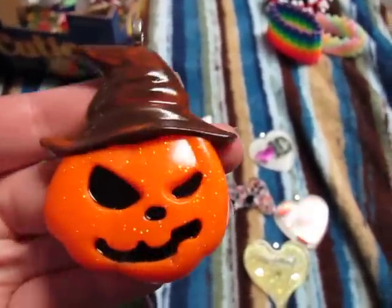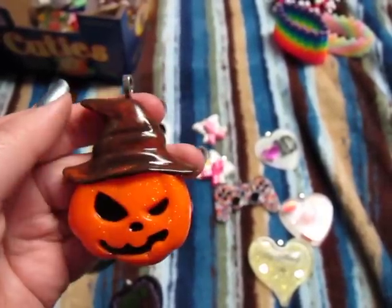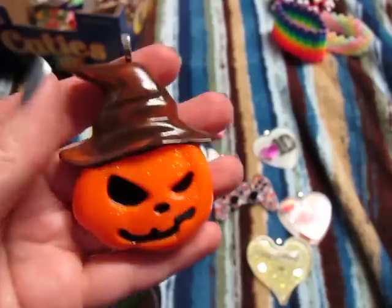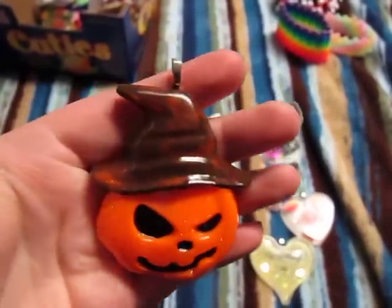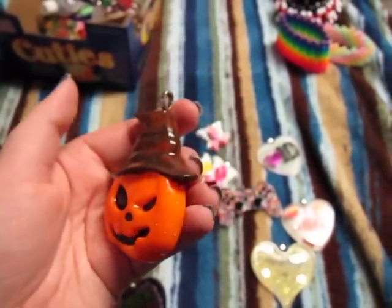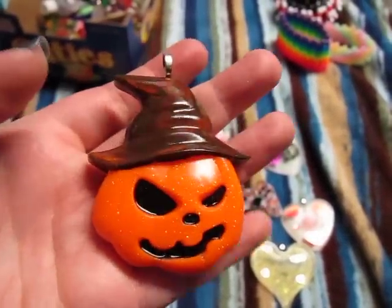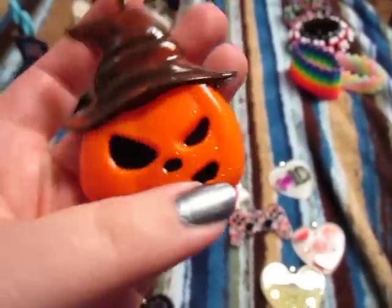I painted this guy, and I did 2 coats, but I did the coats too quick, but I like the way it turned out. It took some of the brown off, and I think it looks kind of like a tattered witch hat, so this is really cool. I might end up keeping this one for me. He's got a few air bubbles in him, so